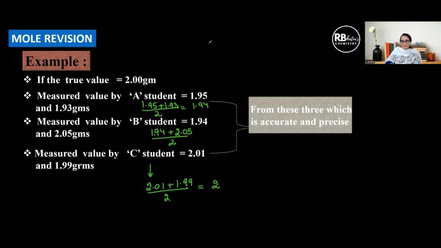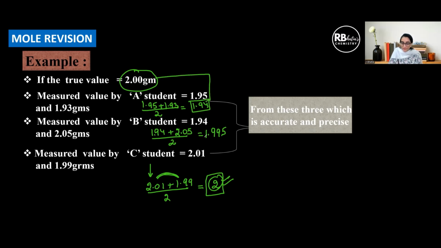In this case, I'll be getting 1.995, right? So this value is going to be what? Both accurate as well as precise. Why accurate? Because this value is closest to the original value. And these two values are close to each other as well. So accurate as well as precise. This value is precise. These are close to each other, but not accurate because this value is very far off from the true value. And measured by student B, we say this value is quite accurate because of closeness of this value to the true value, but it is not at all precise because the two values differ greatly from each other.